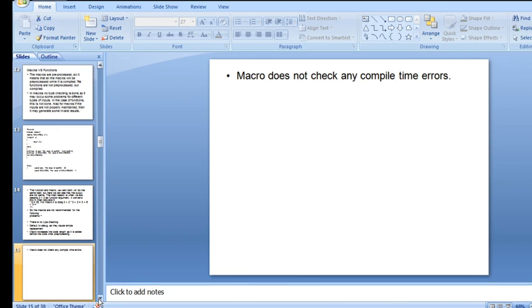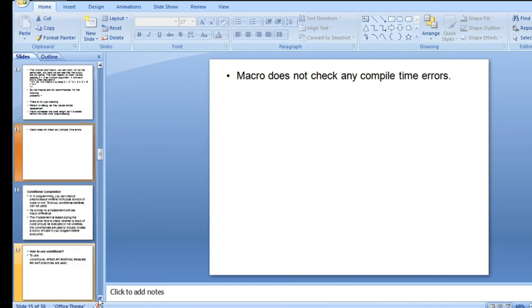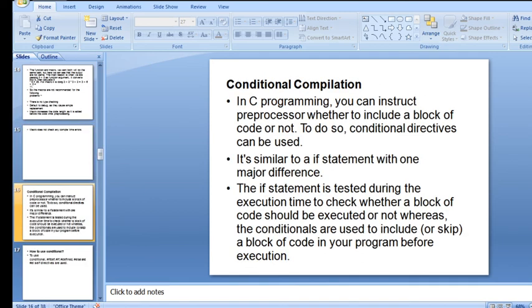One more thing, macros do not check any compile time errors. The macros are preprocessed, and after preprocessing it will go for the compilation. So next is the